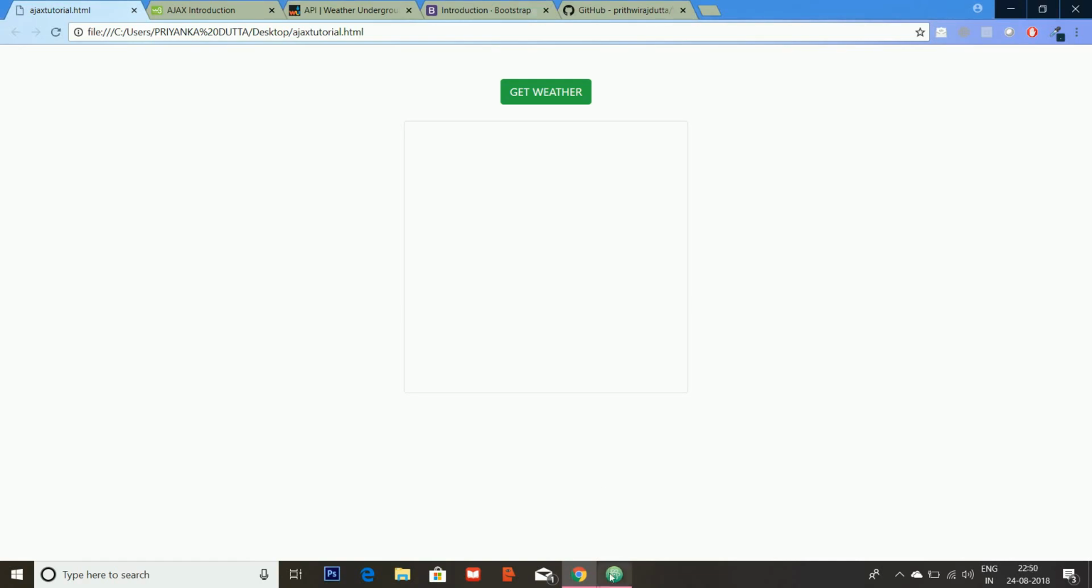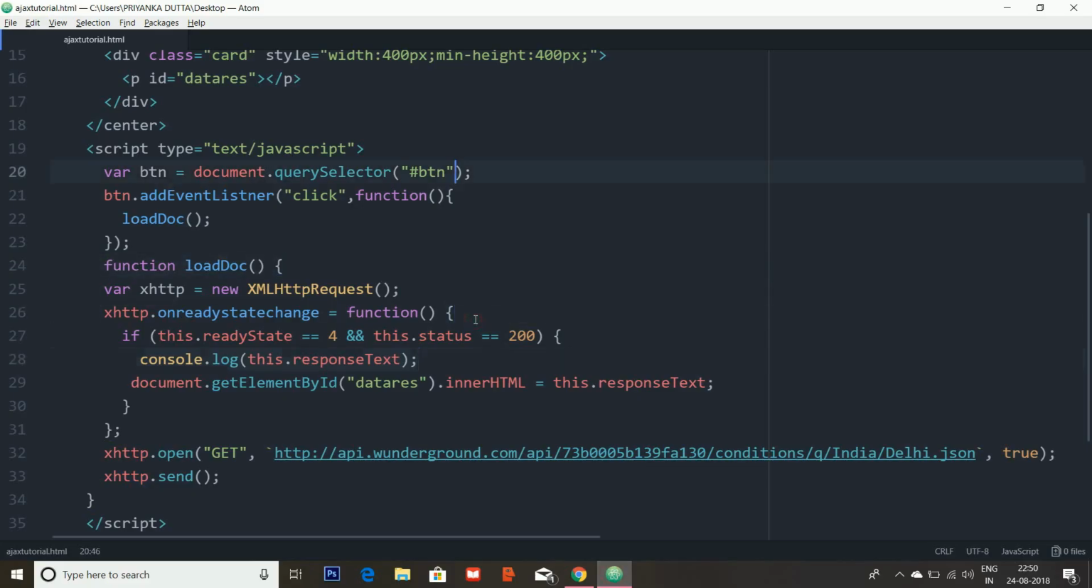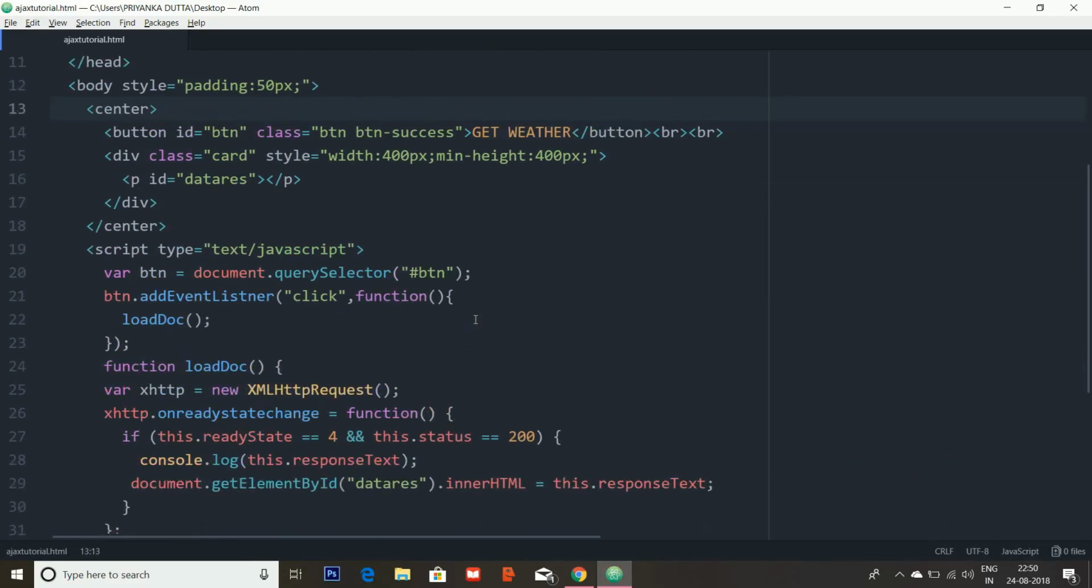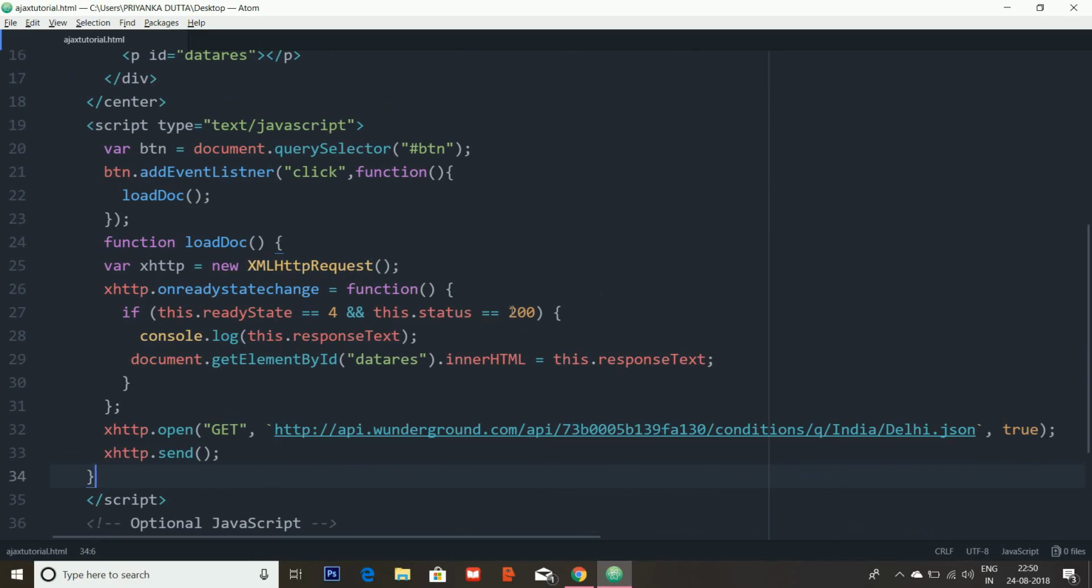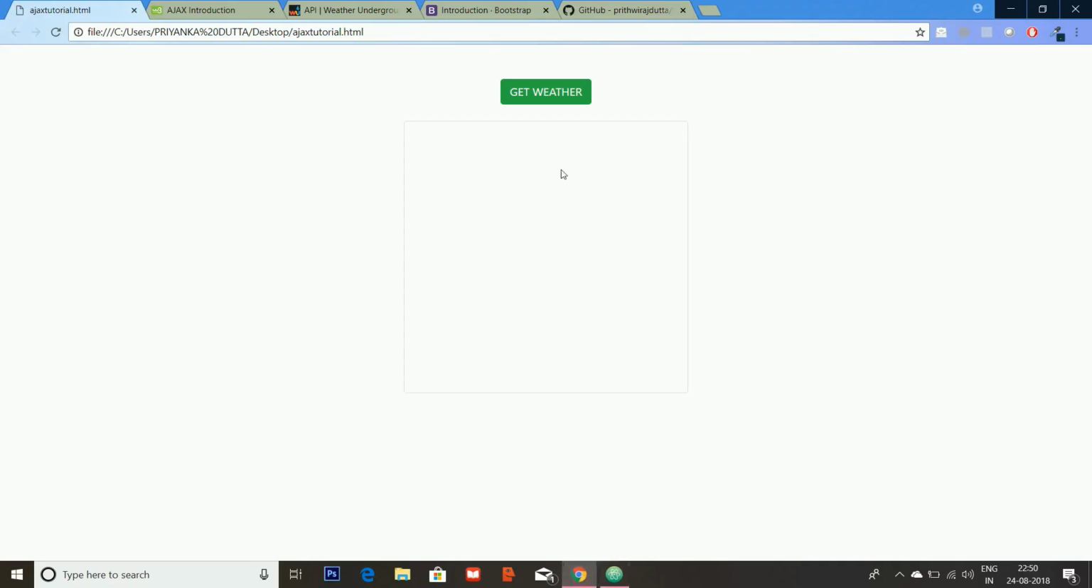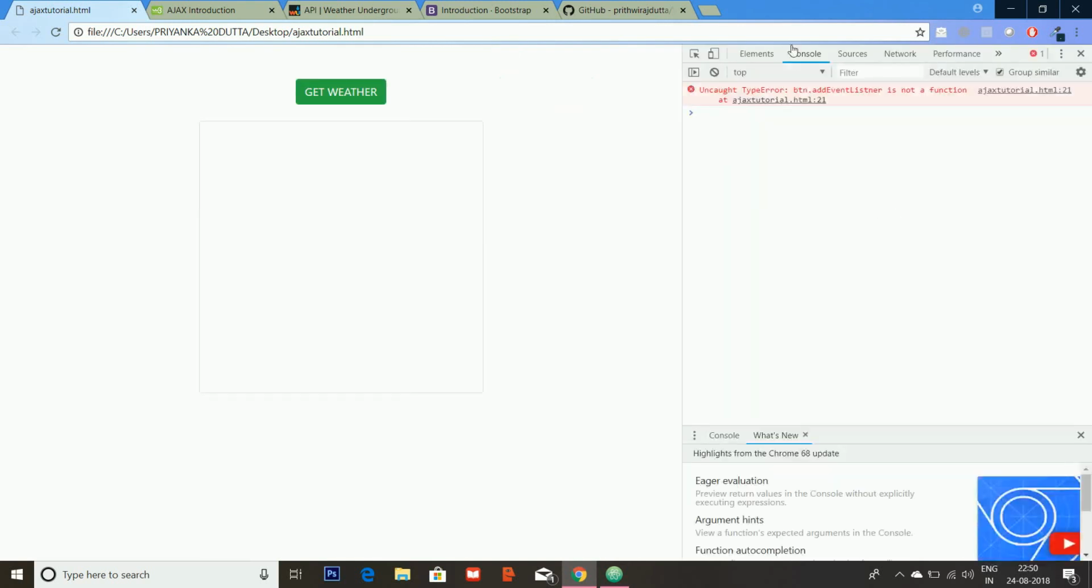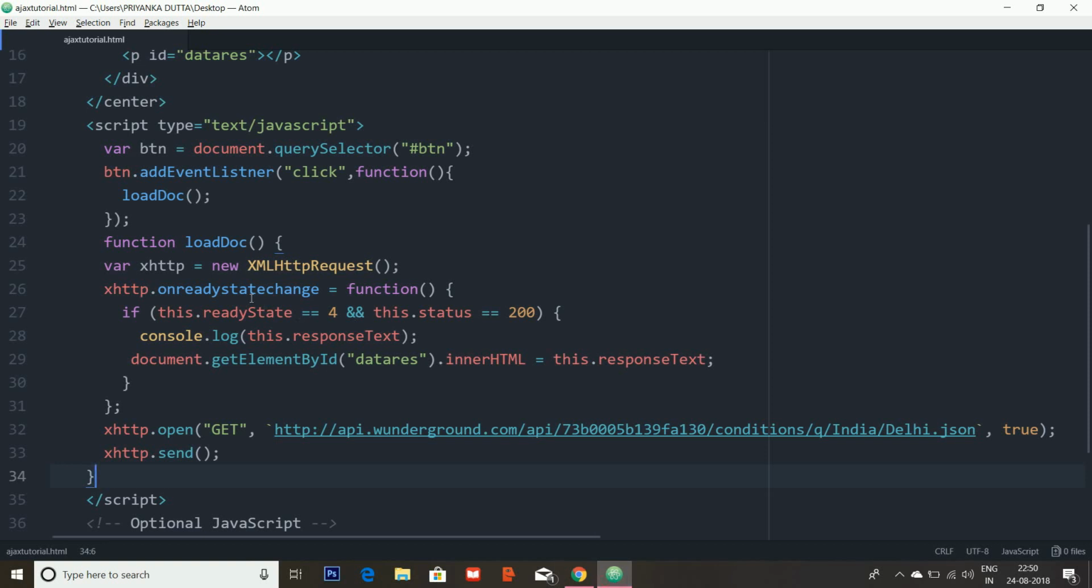And let me see, data race, and let me see, if you hit the F12 button you will get the console is not a function. Yeah, because of this